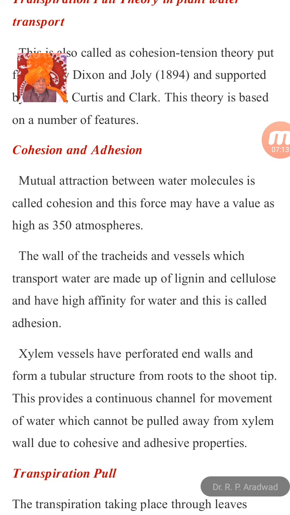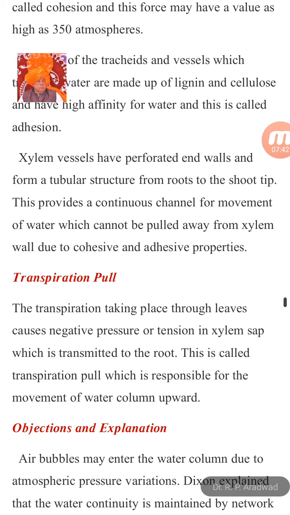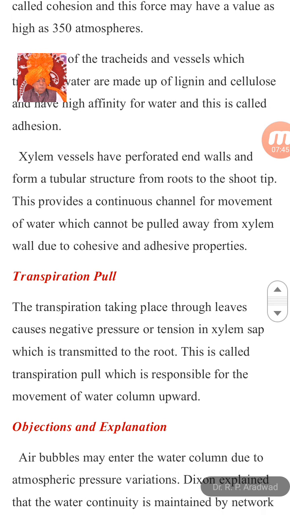Water cannot always be pulled out from xylem without the cohesive and adhesive properties of the water. For lifting water from the root to the tip, a certain force is necessary,